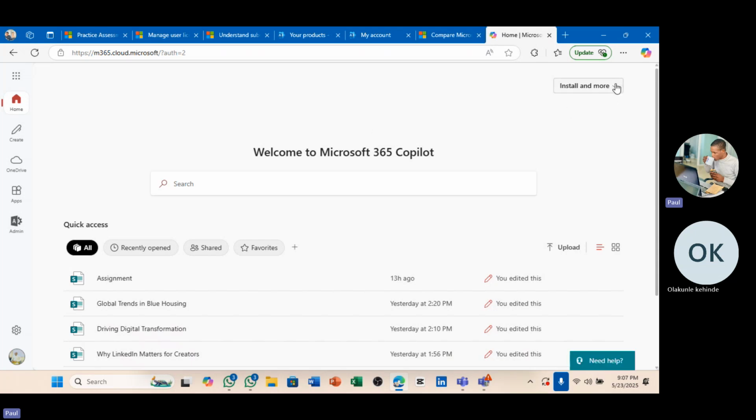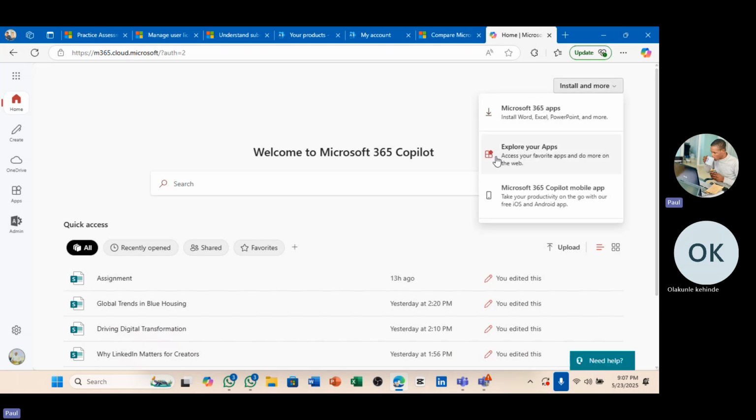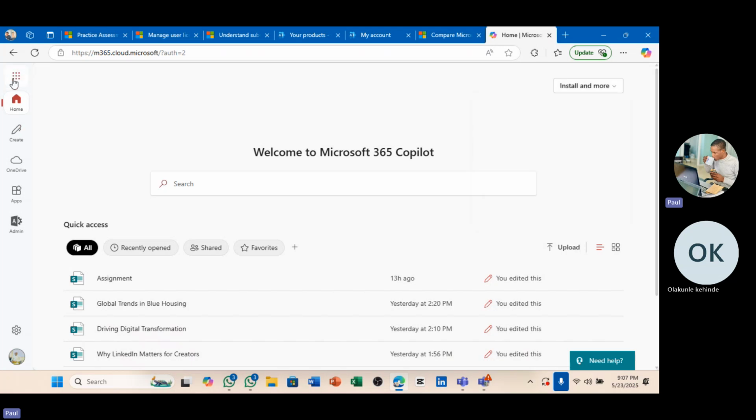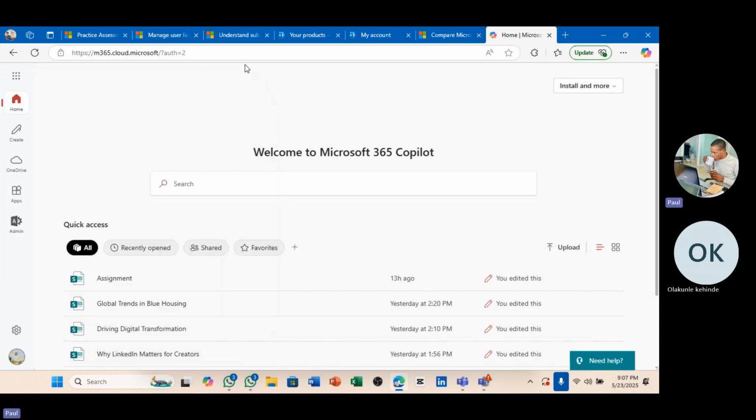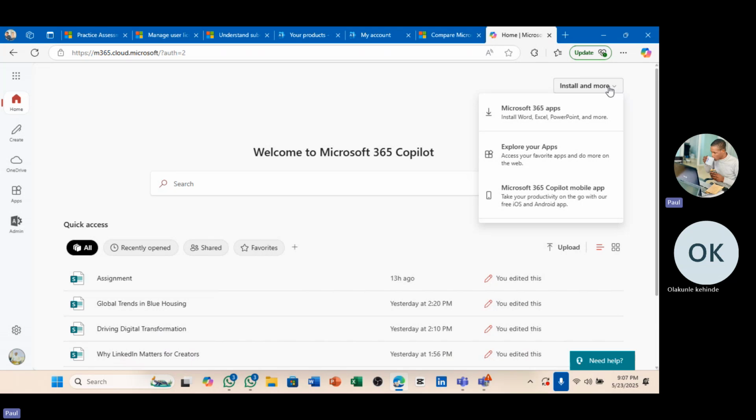If I choose to say I want to install, you see, install app. All those guys that don't have a license, if you sign in with them, you will not even see all of this, right? When they click here, everywhere will be empty. The only thing you will see here is add more apps, right? Because they don't have a license. But if you give them a certain license and that is not A5, for example, you will not see this option